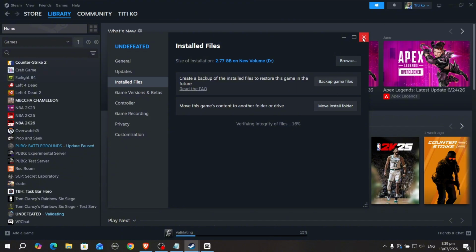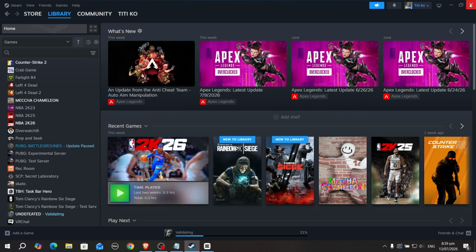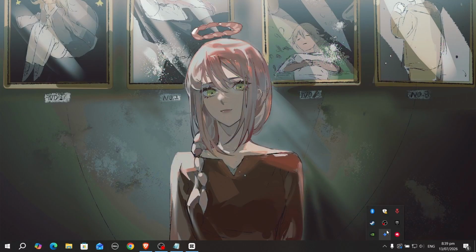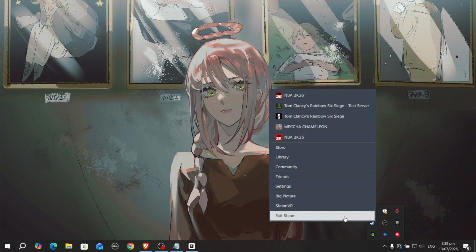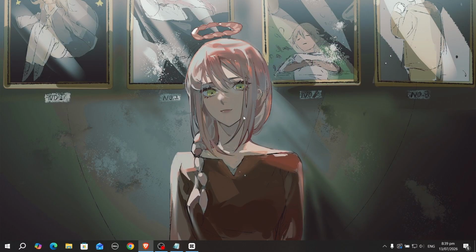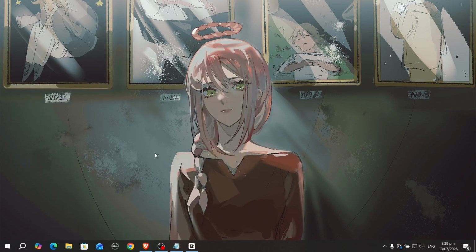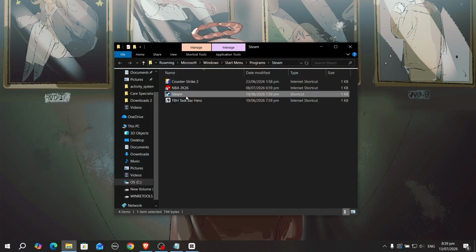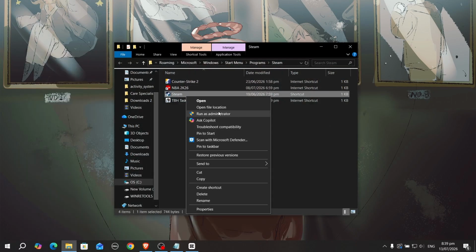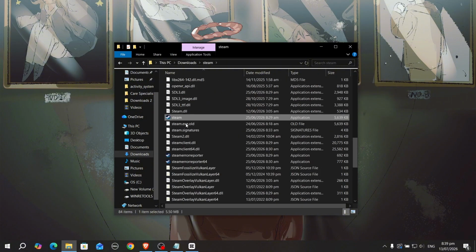If it still doesn't work, go ahead and exit out of Steam and make sure you have closed it completely. So make sure you've completely shut it down. Then what we're going to do is open up the Start menu and search for Steam. Right click on Steam and click on Open File Location. Now right click on Steam again, click on Open File Location this time, right click on the Steam file again, click